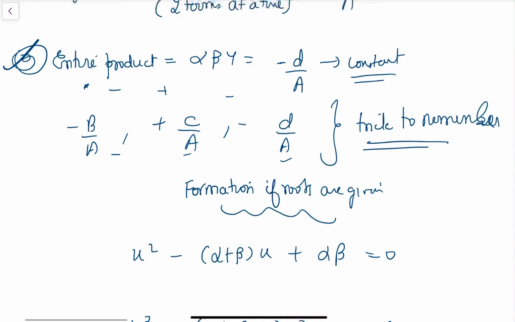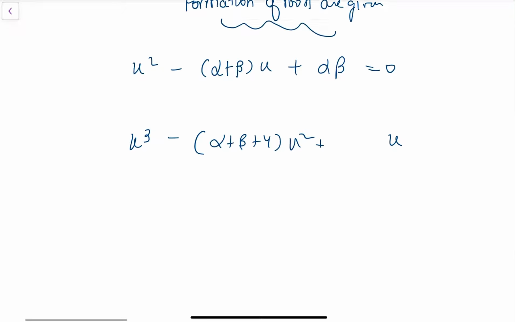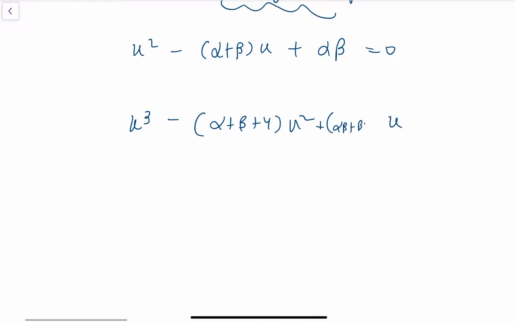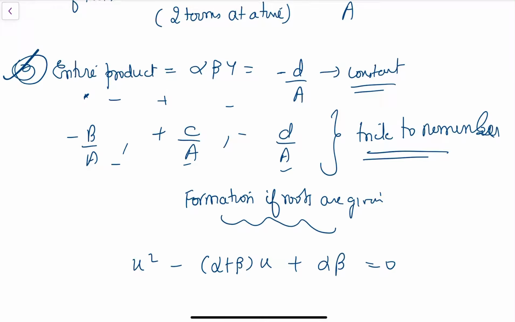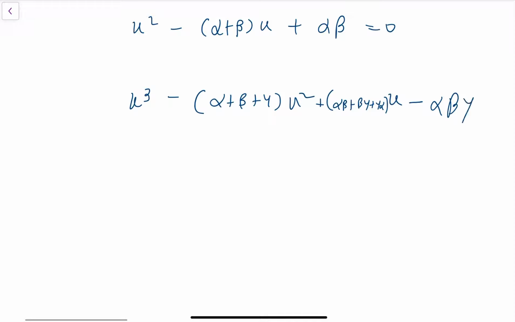What is with x? The product of two terms, that is c by a, which is basically alpha beta plus beta gamma plus gamma alpha, into x. Minus the entire product. Entire product was d by a, which is alpha beta gamma. So here also the minus plus minus is followed, equal to 0. What is important is you have a term with x cube, a term with x square, a term with x, and a constant. You are going with minus plus minus. In the first place you have x cube as it is, like you had x square in quadratic. Then you have the sum of roots with a negative sign into x square. Then the next one, which is x, with the product of two roots at a time. And then minus the product of all the three roots.